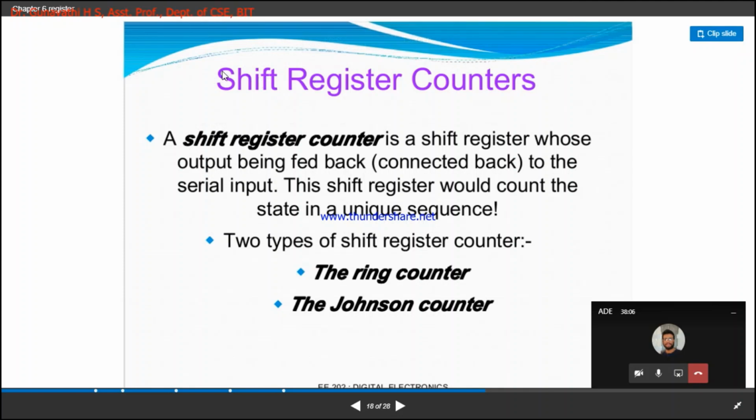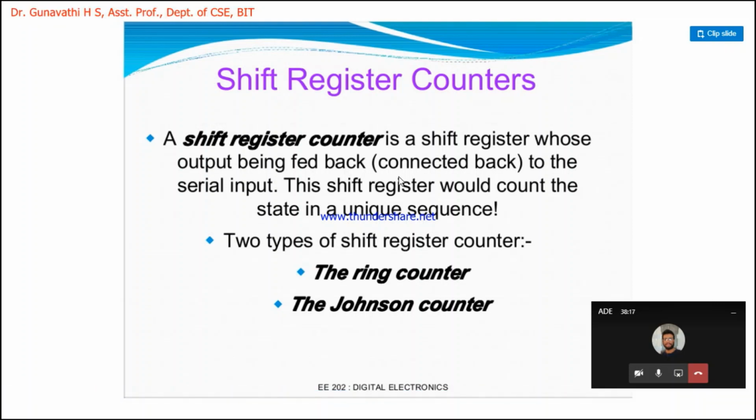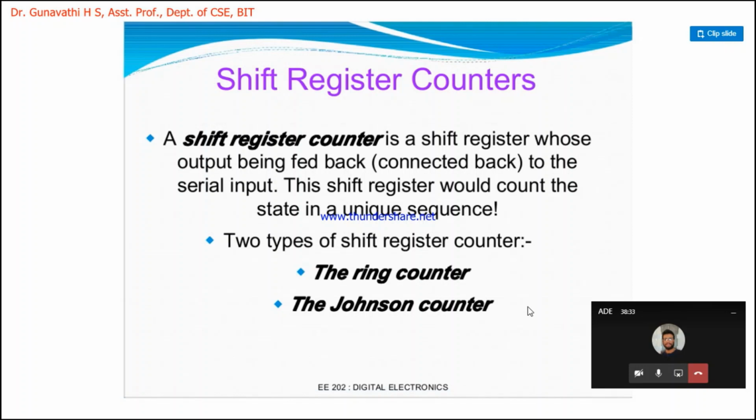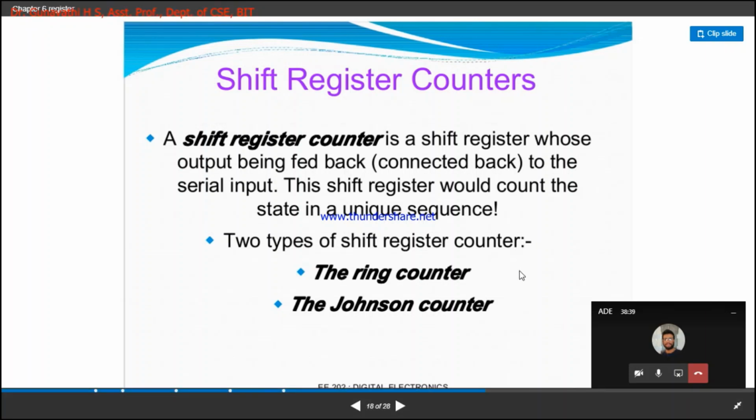Yeah. This shift register, how are we going to make use of it as counters? We know the shift register shifts the data. Along with just shifting, we have a loop back here, so the output will be fed back to the serial input. With that we can generate unique sequences every time. That is nothing but a counter. In a plain shift register you can generate the same set of data, but whenever we feed the output back, every time we generate unique sequences.